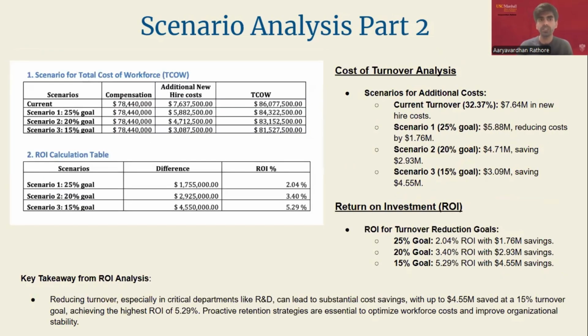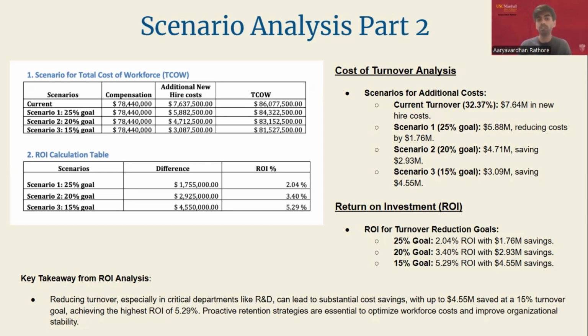On part two, we discussed how, if we have different scenarios, from 32% we could get that percentage down to 25%, to 20%, and 15%. So keeping the number of employees currently employed at the company the same, the base compensation remains the same for everyone,